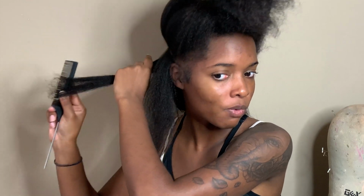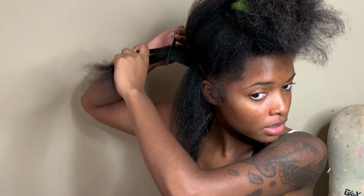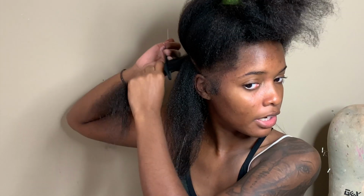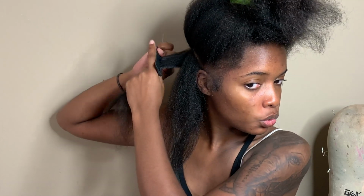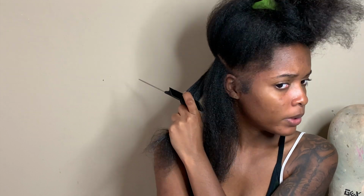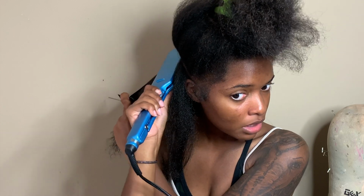So just shampooing your hair with just moisturizing shampoo all the time isn't going to be good, but at least shampoo your hair at least once a month or every 2 weeks if you would like. It depends on how often you wash your hair, so you can do it once a month, or you can do it every 2 weeks. So if you wash your hair every single week, I wouldn't say every Sunday use a clarifying shampoo. I would say use your moisture shampoo, then on that following Sunday you'll use the clarifying shampoo teamed up with